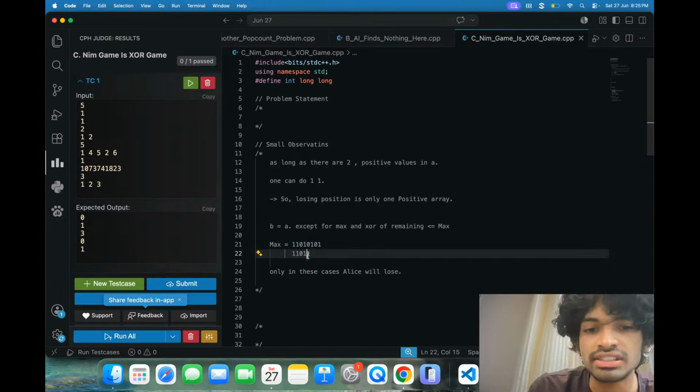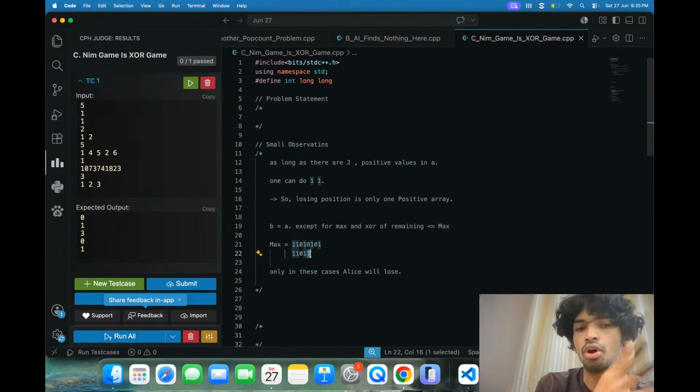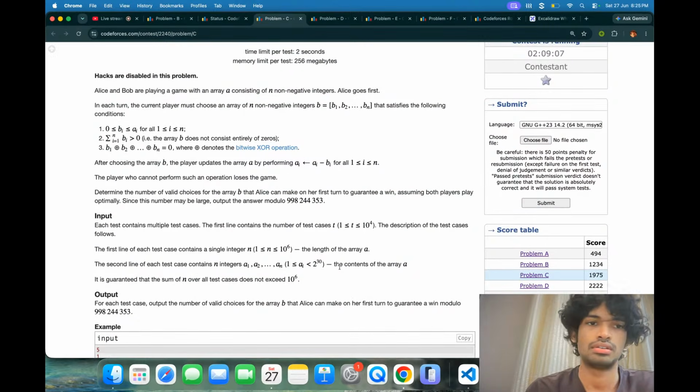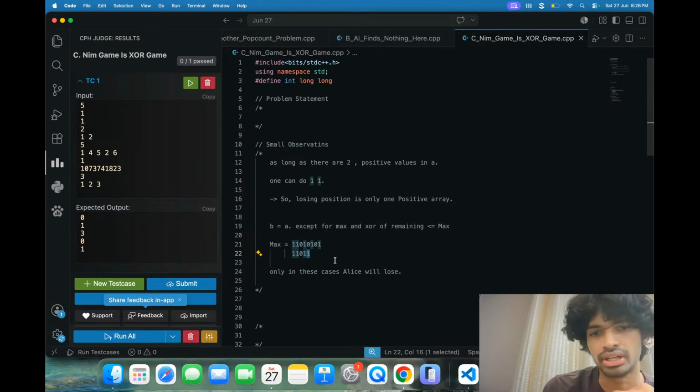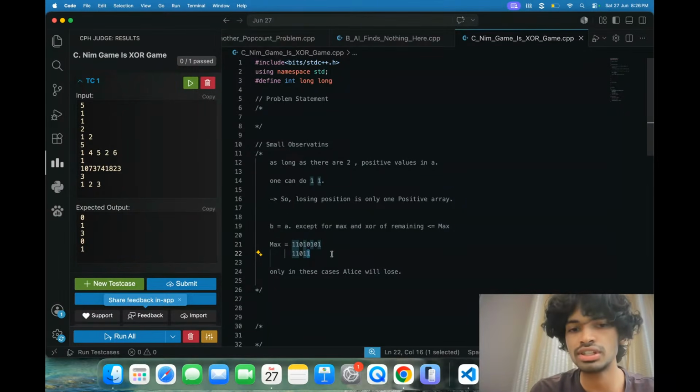So it's about the first bit that has been odd in the total. Because there will be a bit that is odd in the total if someone is trying to remove everything else. But if there is no such bit, that means